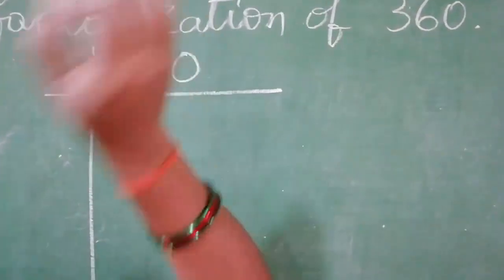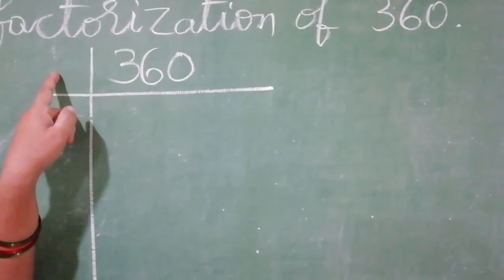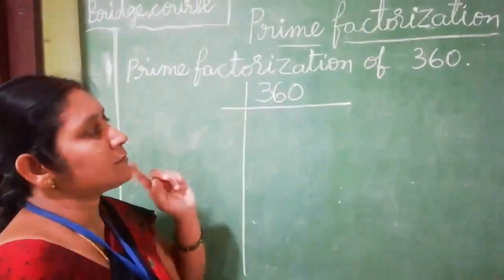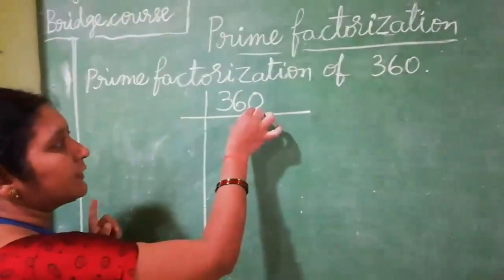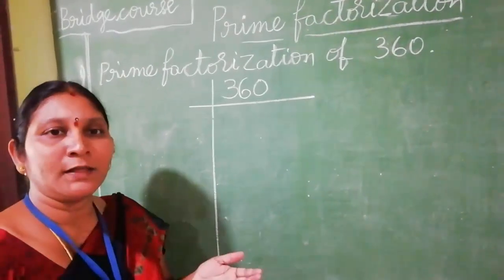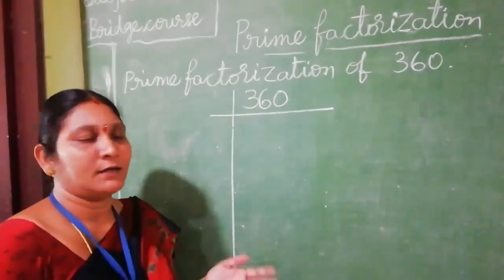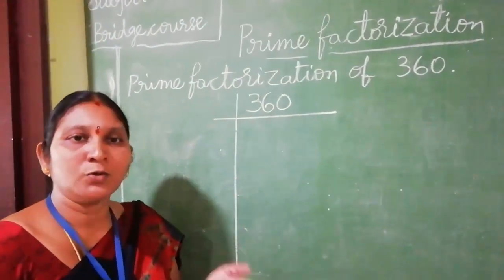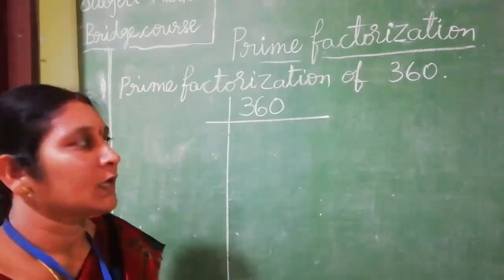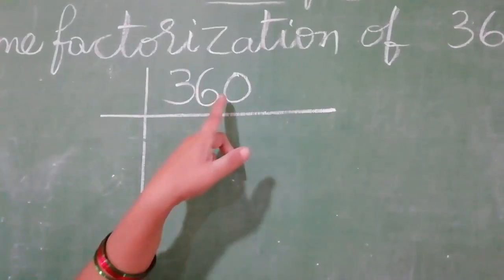Before I told you, if you do the prime factorization, first we take only prime numbers for division. Which is the first smallest prime number? Yes, 2. Is the given number 360 divisible by 2 or not? Before that, we recall the divisibility rules from class: rules 2, 3, 4, 5. Rule 2 is, if 0, 2, 4, 6, 8 are in the units place, then the number is exactly divisible by 2. The given number is 360. Yes, 0 is in the units place, so it is divisible by 2.